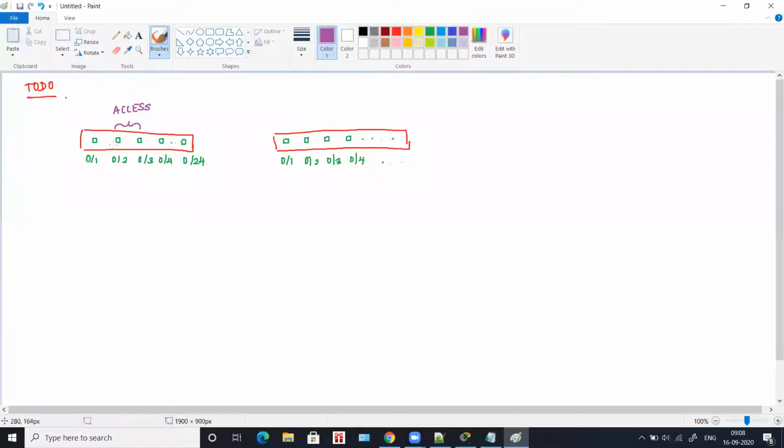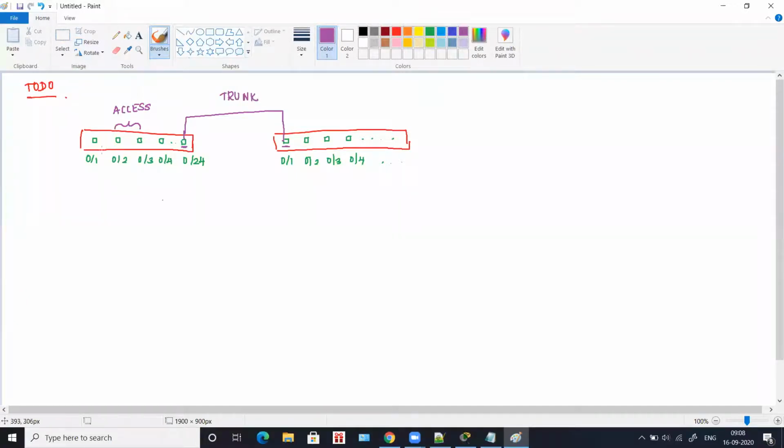So you're going to make these two ports access ports. And then 0/24 and 0/1 are going to be the trunk ports. Why? Because you're going to connect these two switches using 0/24 and 0/1. So these two are going to be trunk ports.